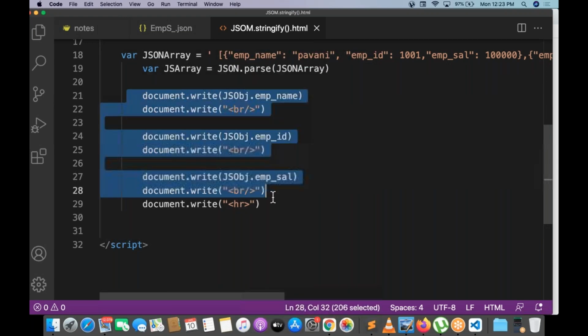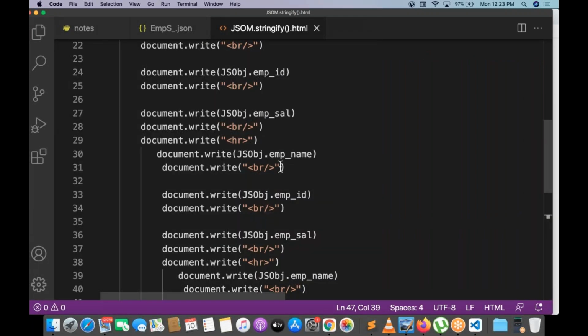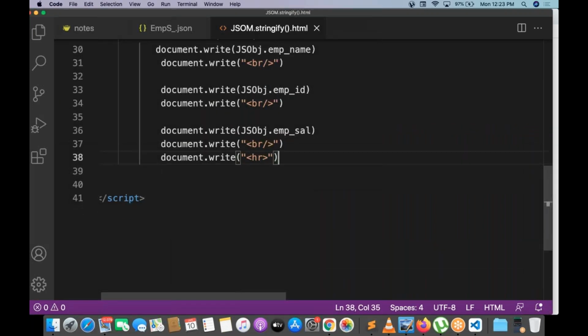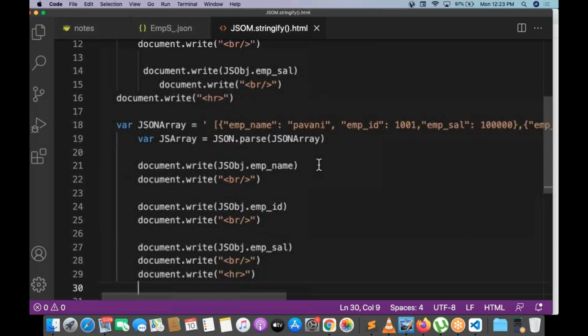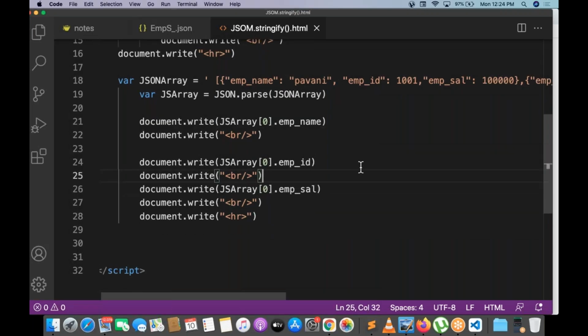This time this is the first employee. I want to take the second employee. I want to take the third employee. This time this is an array, right? First of all, this is an array, first record, index 0 dot employee name. Yes sir, no? This is the way. Only the first record I can see now.